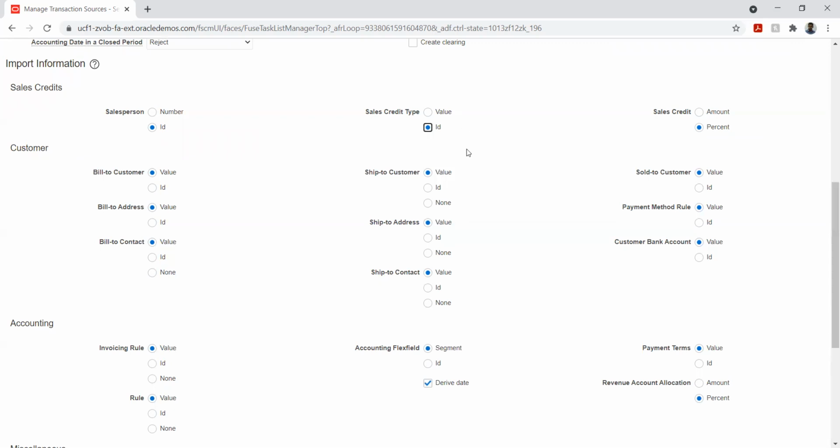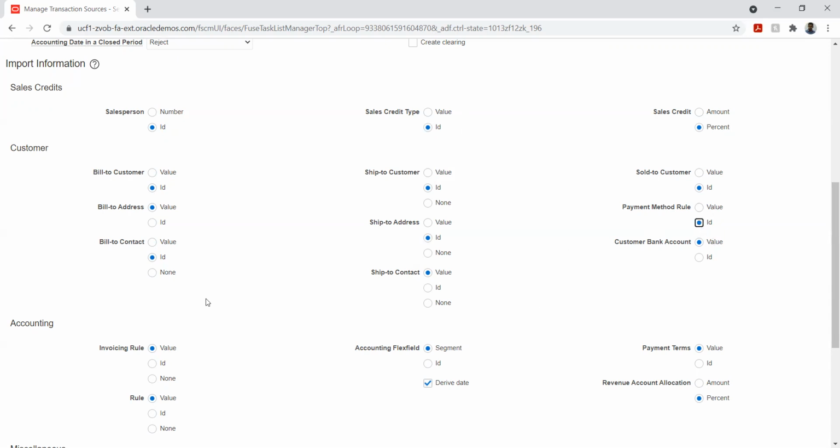For example, if you take bill to customer, I can give the same name to two different customers, so this might end up in an exception. It's good if we give the ID because the ID is always unique.